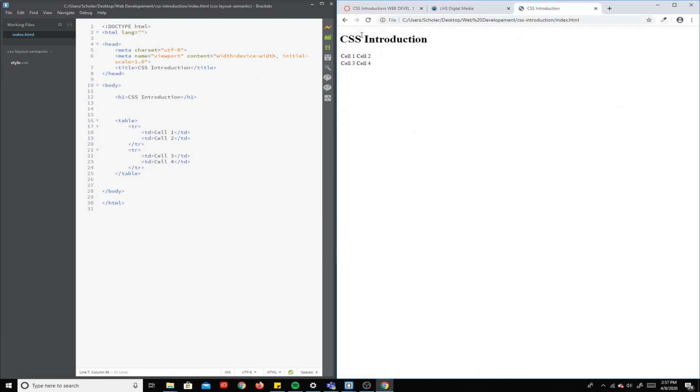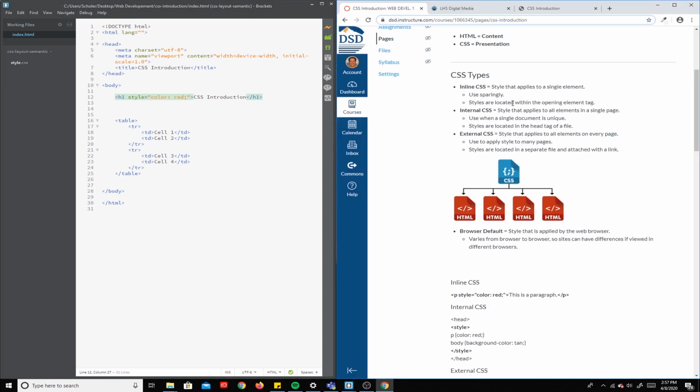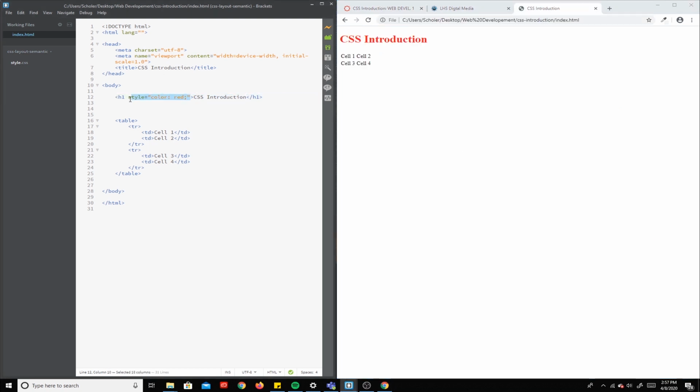So if we go here, you can see I've got a bit of HTML content on this page. I've got an H1, and I've just got a simple table. So if we go into the H1 and add a style equals quotes, and we put in color red, you can see that when I save that, it turns red. So it's called inline styles because you literally are putting those styles in the line of code. So let's go ahead and remove that